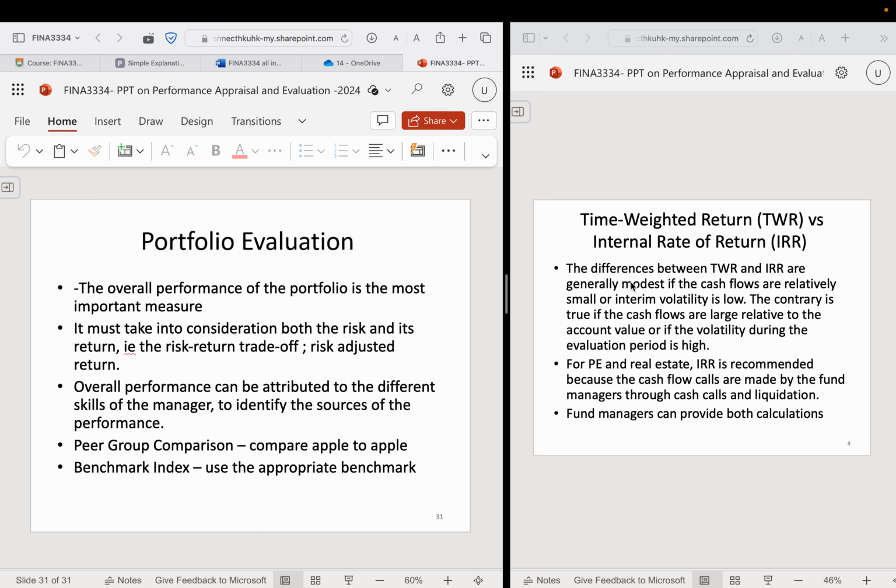Okay, since we mentioned there are so many kinds of instruments, how do we select? According to the textbook, the first screen is to choose your asset class: which asset classes you want to pick, what kind of market capitalization, whether large cap, mid cap or small cap, and what kind of style.